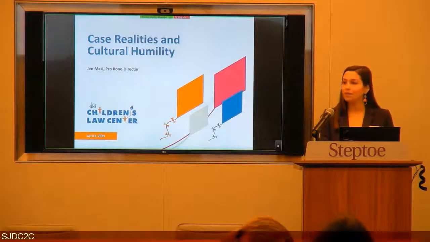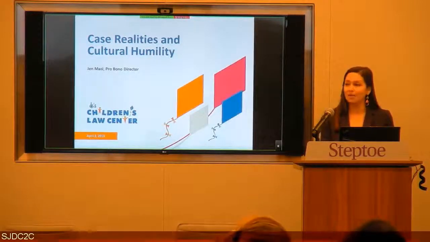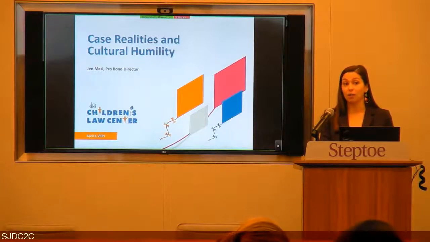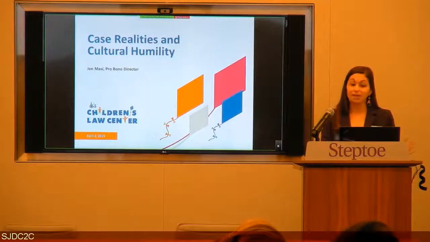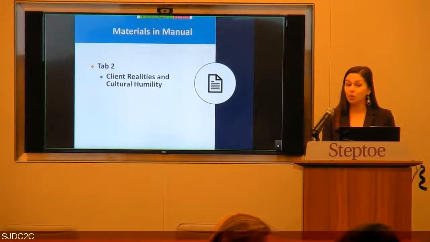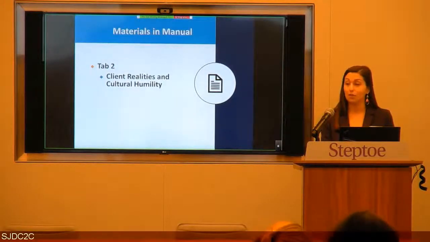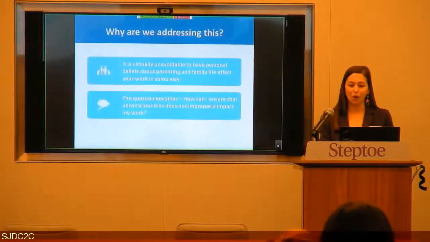And so some of this may be obvious. Some of this might be already on your mind. Some of this might be things that you've already thought about in working with low-income populations. And some of this might be new. So in terms of materials, tab 2 is where you would find some of the related materials for this section of the training. Again, that's your flash drive. The table of contents is handout number 4.